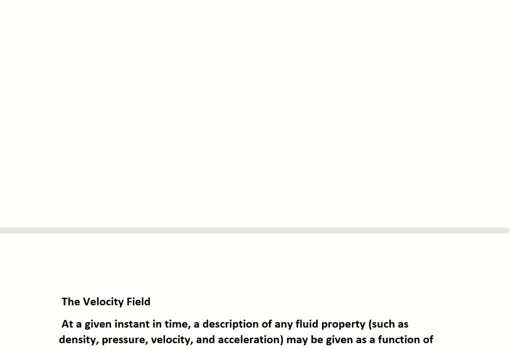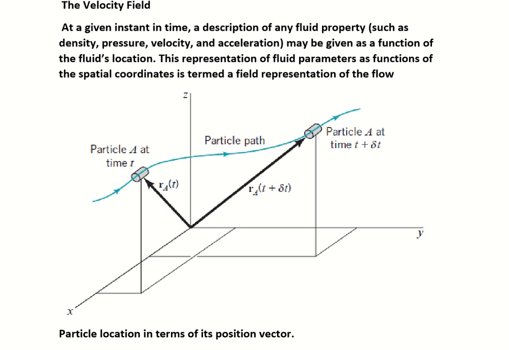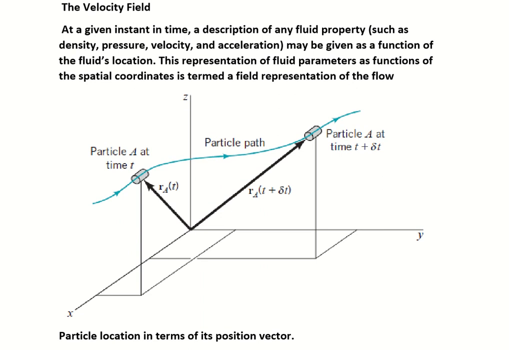in this chapter. So let's first start with the velocity field. In velocity field, with the help of this figure, we want to understand what is the meaning of velocity field. So let's consider we are sitting in this room or wherever you are sitting. We can define the x coordinate, we can define the y coordinate, and we can define the z coordinates. So we are in a Cartesian coordinate framework,